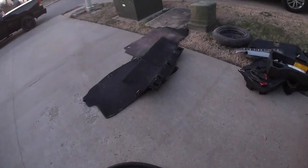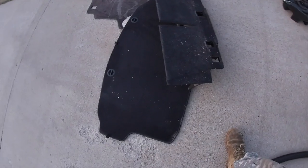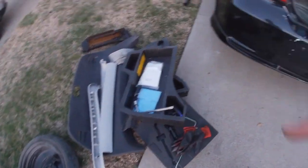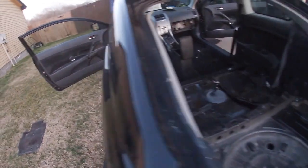Remove all the stuff on the back wheel. That's the worst, but this one was clean. Spare tire, all this stuff, the components for the spare tire. Let's remove the seats, and this is all the side. This is the driver's side. Look at it, it's better than that. Okay,